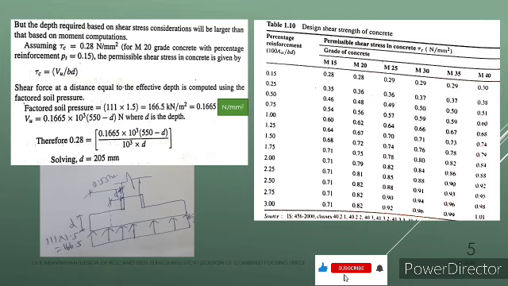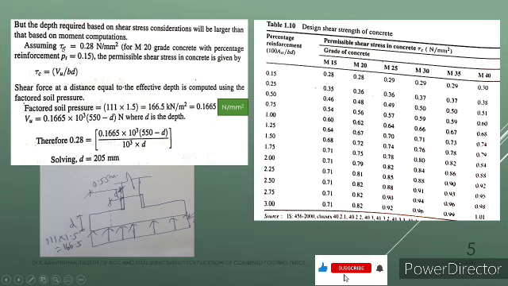Next, let us check the depth for one-way shear first. For finding the depth for one-way shear, let us use this formula, that is tau c equal to Vu by Bd. What do you mean by Vu? Vu is the shear force which is acting on the section. So this is the section, and you will be having a maximum shear force at the section here. First let us find the shear force, and B is the breadth and D is the depth. So depth we are checking here, hence we will keep the D as constant, and tau c.